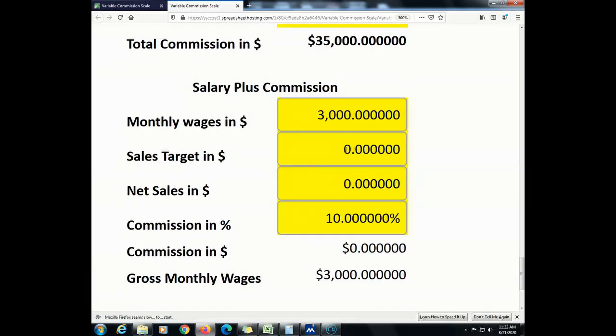Now let's say the sales target is $2,000 worth of sales. However, your net sales were just about $5,000 worth. Using these two figures, your commission comes to about $300